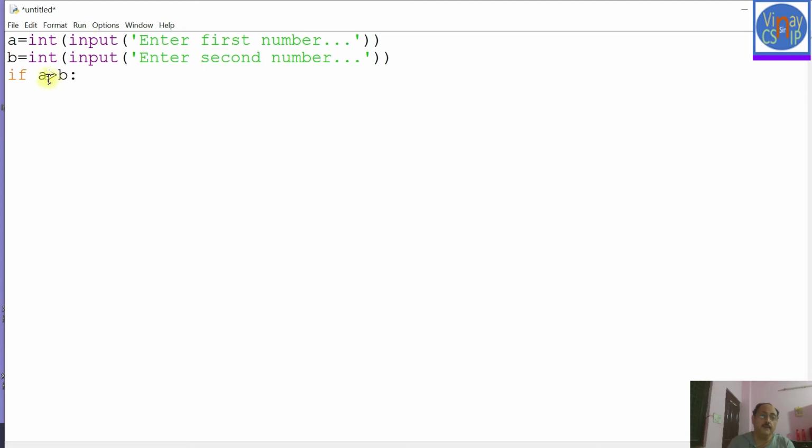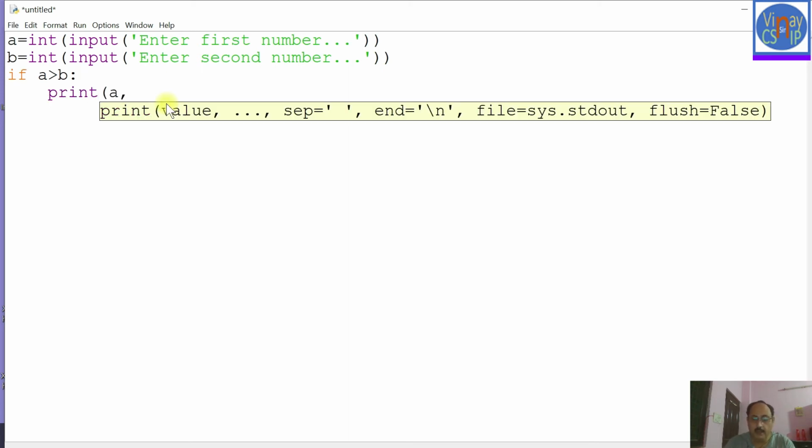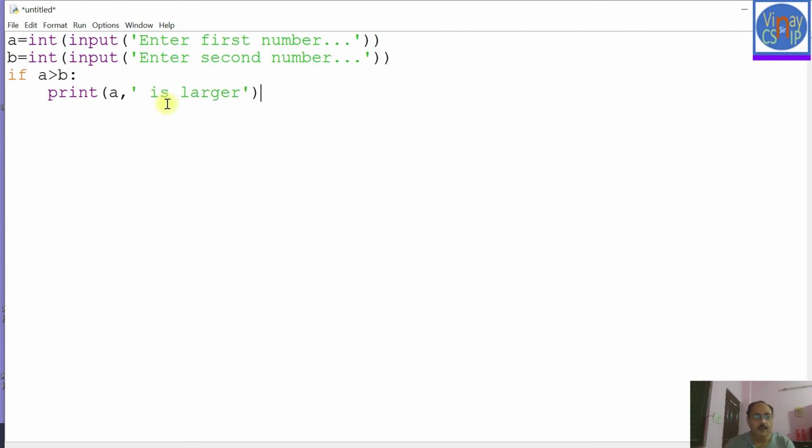It means if the value of a is more than b, then it will come to this place, and obviously in this particular case a would be larger, so I will write a statement showing a to be the larger number. So I'm writing print a is larger. Okay, and I'm writing else.